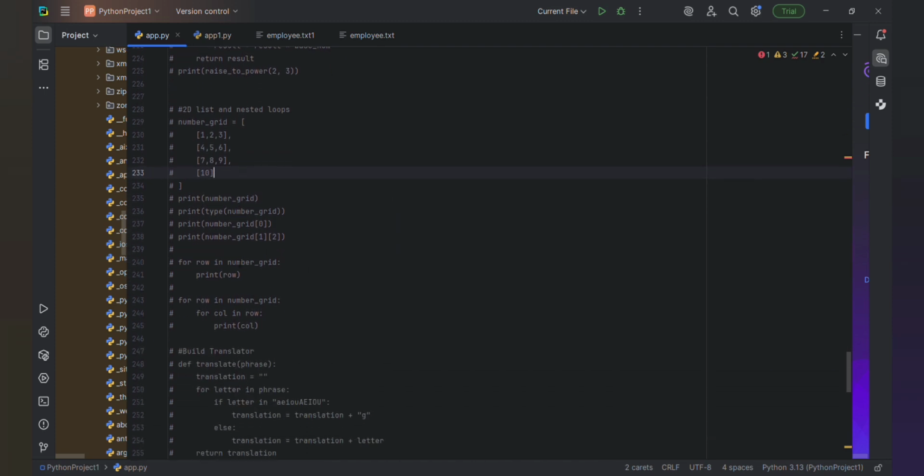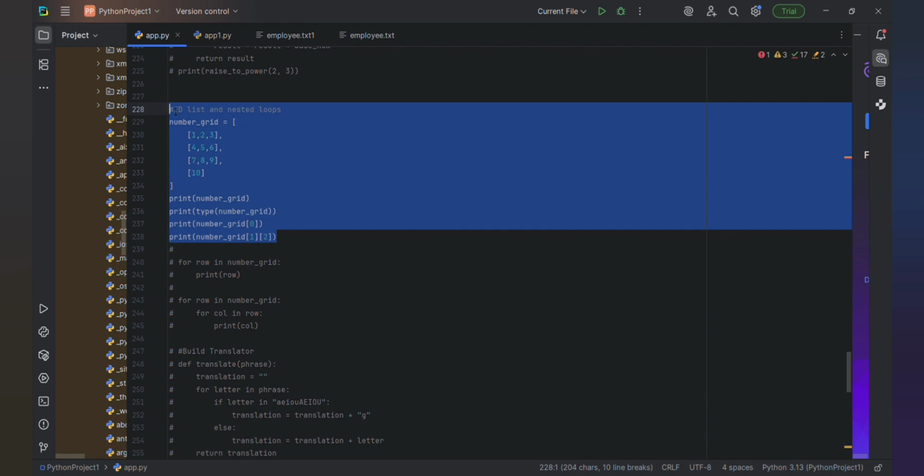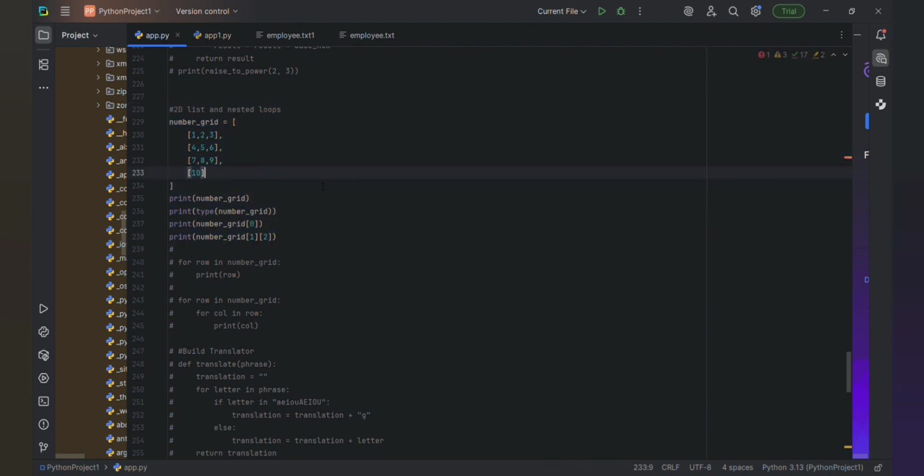So yeah, the next thing we are going to discuss is the 2D list and nested loop in Python. So let me run this.